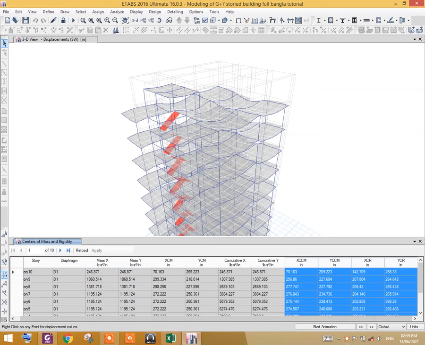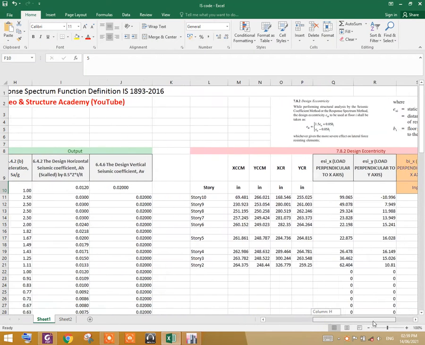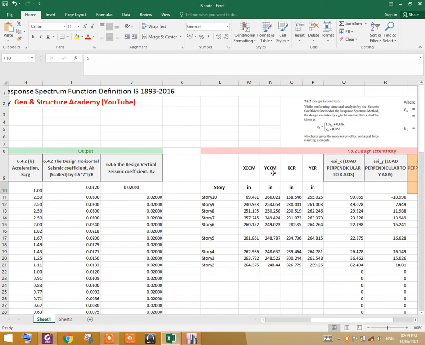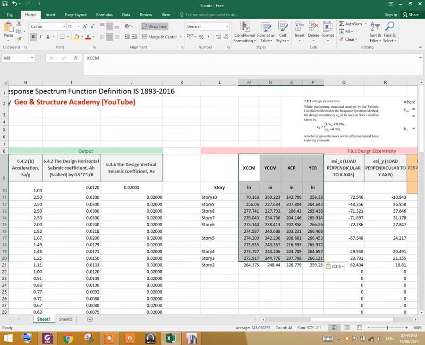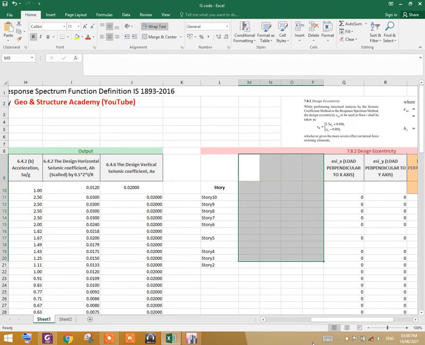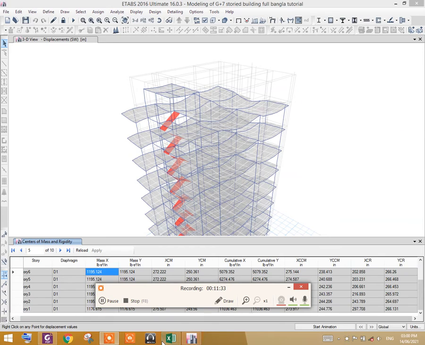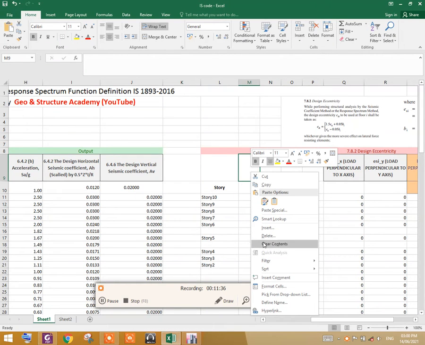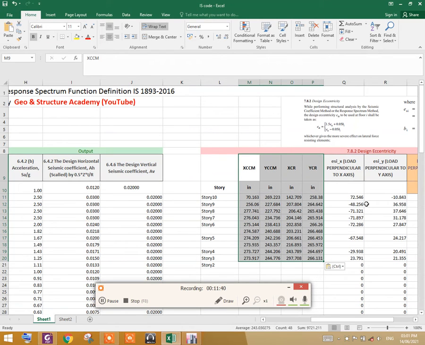Now copy it, go to the Excel sheet and paste here, Control V. Paste here.